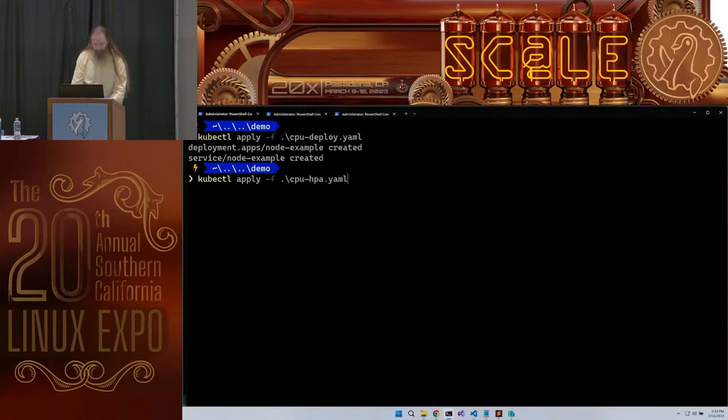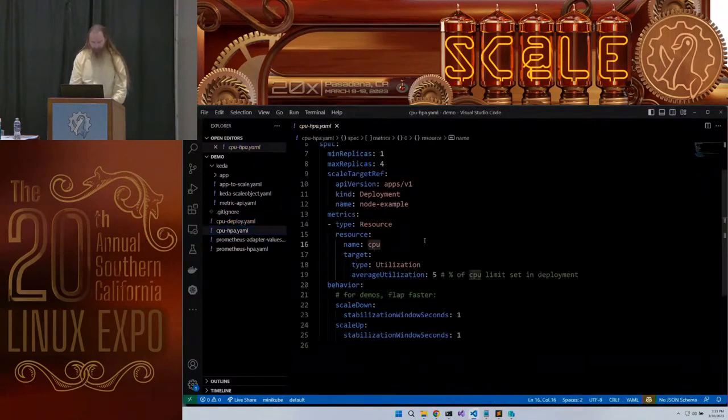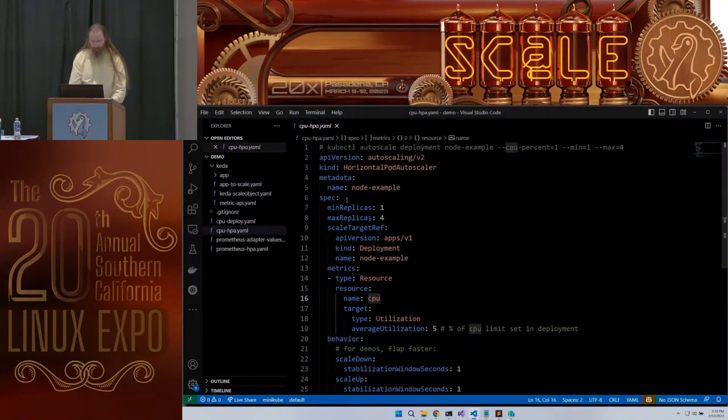Let's actually grab the horizontal pod autoscaler as well and then look through it. Here is the horizontal pod autoscaler, and we saw that before where we have a min replicas, the max replicas, what we want to scale, in this case a deployment. Here's our deployment. What do we want to look for?